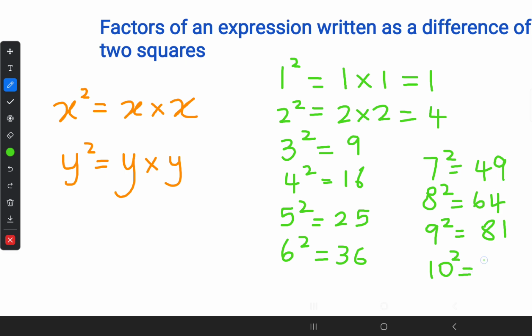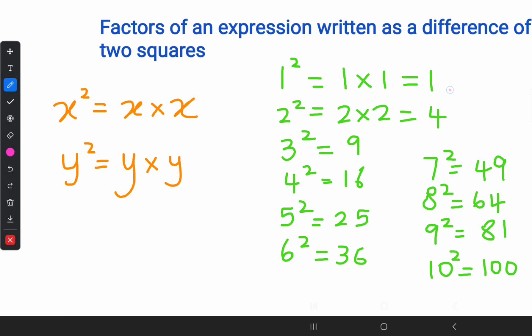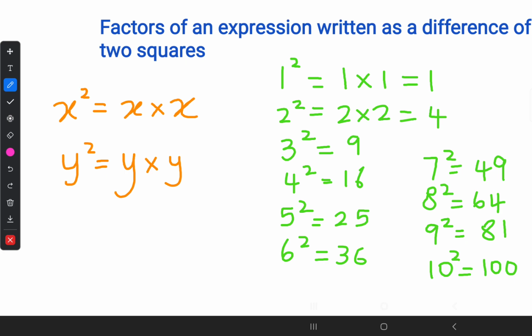Okay, you should know what is meant by a square number. In variables, we cannot express this. Look at the numbers. One square means one time one. It has a definite value as one. Two square means two twos are four. Three square, three threes are nine. Likewise, in this one we cannot write it as a single value. X square means it's only x times x. So you should know these basics to find the factors of an expression written as a